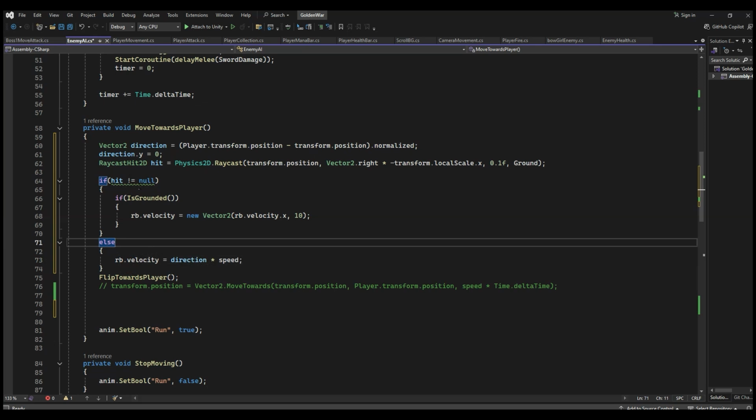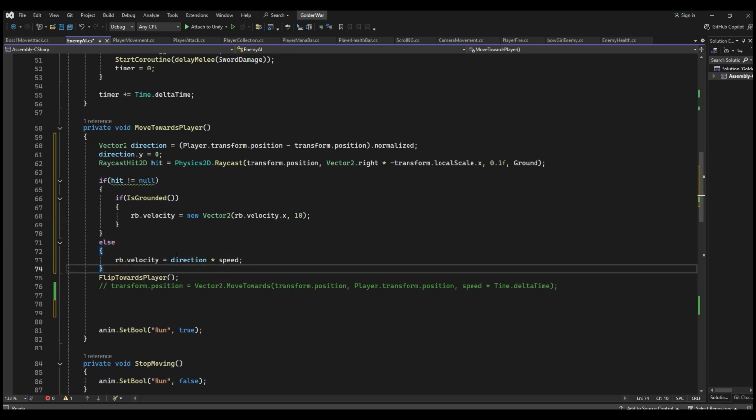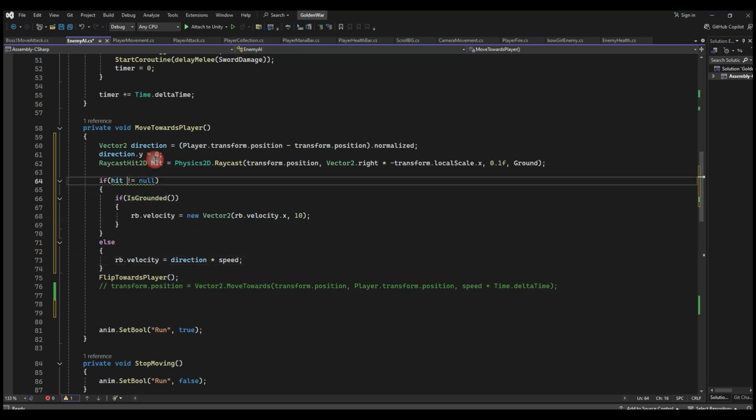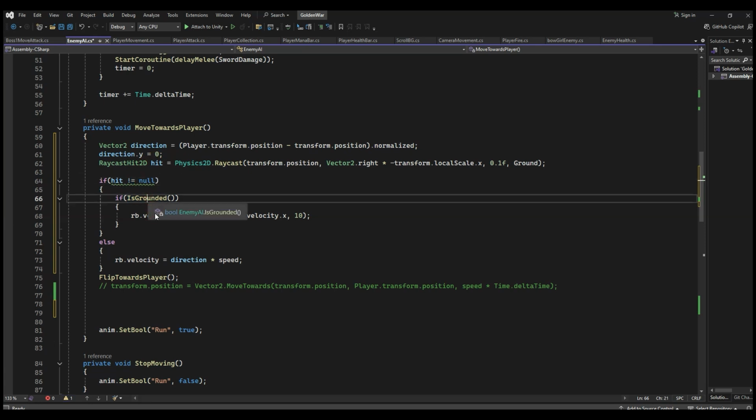So it didn't hit anything. It means that nothing is in front of that. Then you have to go to the y-axis and the x-axis, because the y is 0 and it just gets the direction, and then here it moves. But if it hits something, it means that something is in front of that. Then it has to jump,